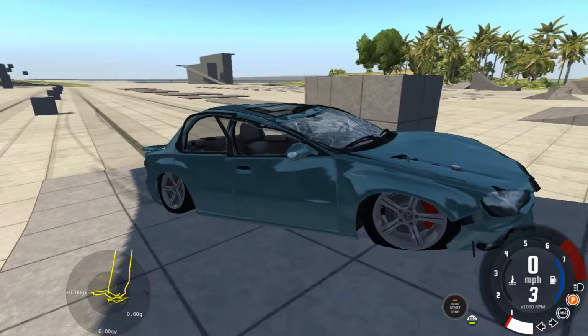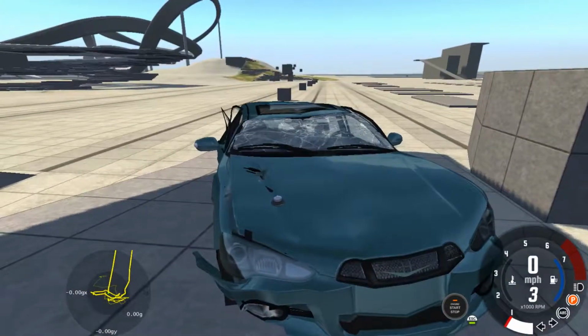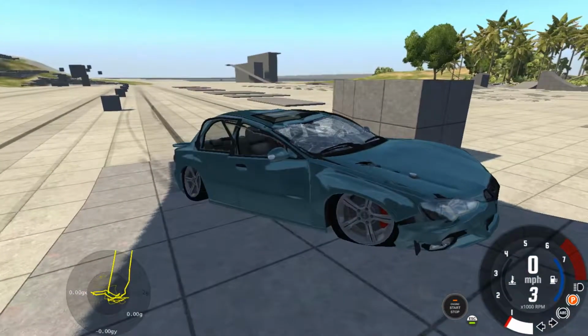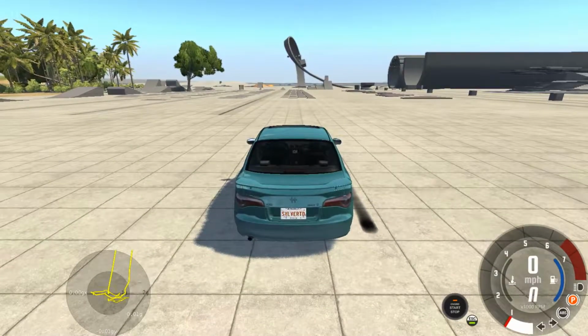Anyways, there's the damage of the vehicle. You get nice crash physics here. It's BeamNG.drive, you almost don't get bad crash physics unless it's a badly modeled, well, mod for the game. Let's respawn that, and